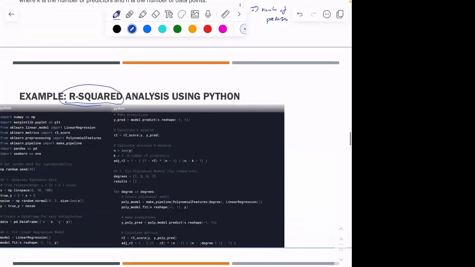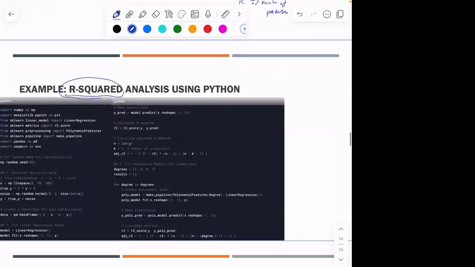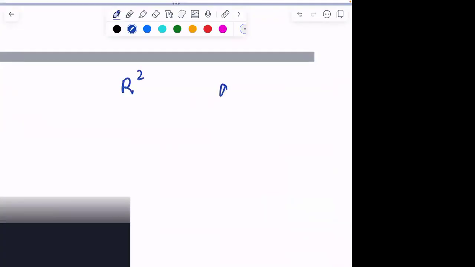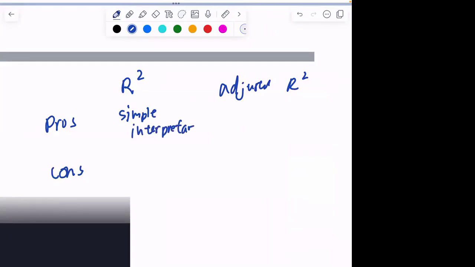So how can we compare our R square and adjusted R square? We can think about there being pros and cons of both. R squared is very simple and has a simple interpretation, and the formula makes very much sense in the real world. However, it always increases